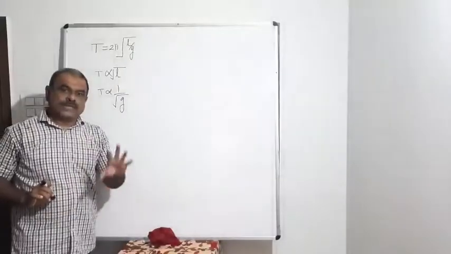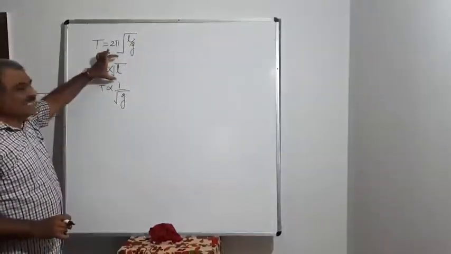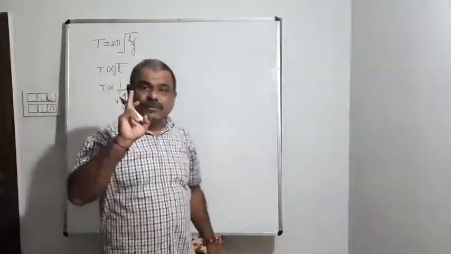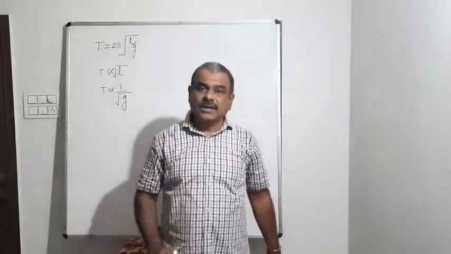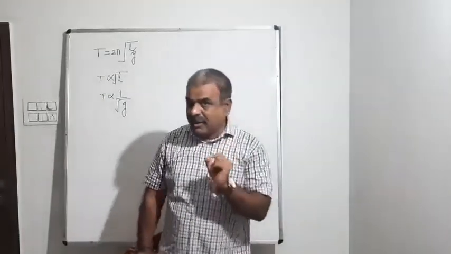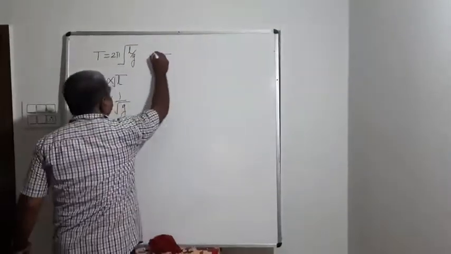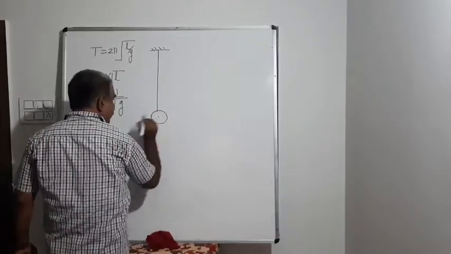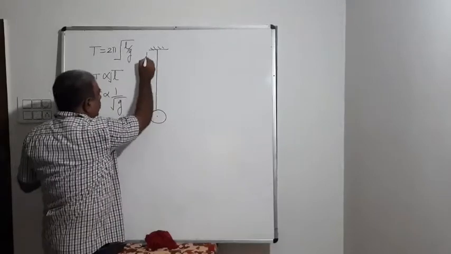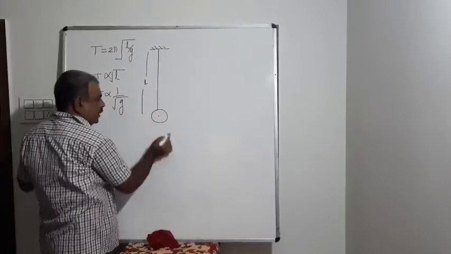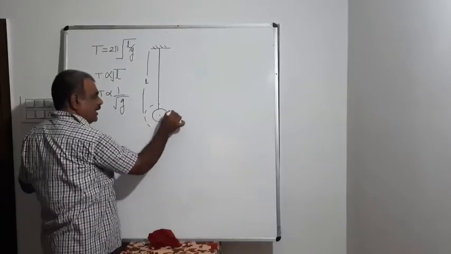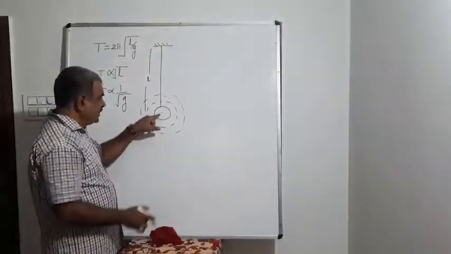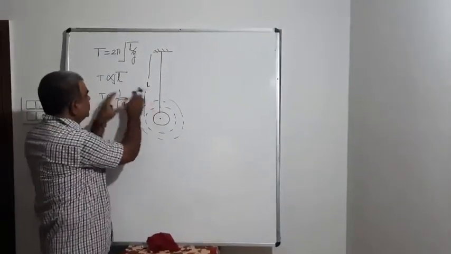Now, how will you have a question from this in a competitive exam? When I say L, it is the length of the pendulum, which is the distance between point of suspension to center of mass of the bob of the pendulum. This is an important parameter. Look how. For example, you are having a pendulum with a length of pendulum L. Now on this pendulum, whatever layer you are adding to change the mass or change the radius, but still center of mass remains over here, means T will remain unchanged.